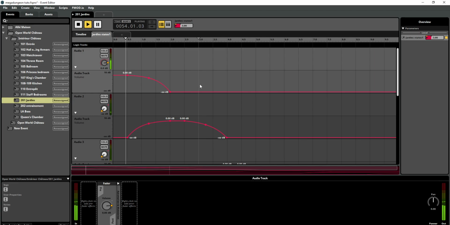You click here, you click here, it creates a point. You can move it around, and you can create curves. I'm gonna just delete that because I don't need this. Okay, and